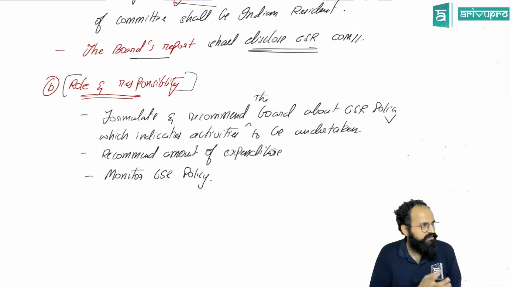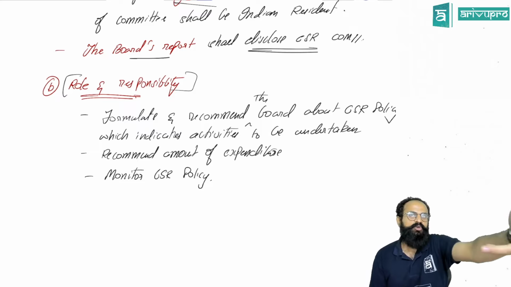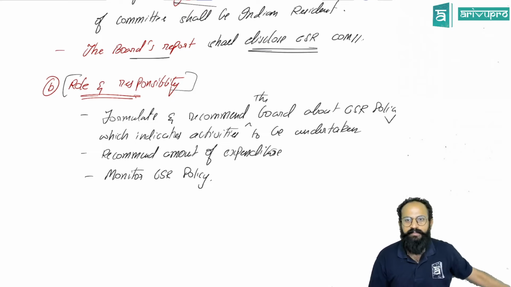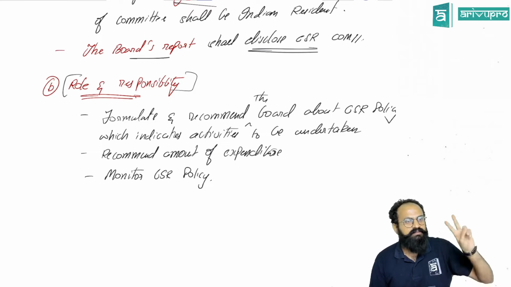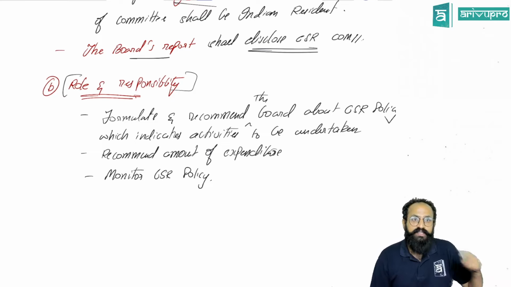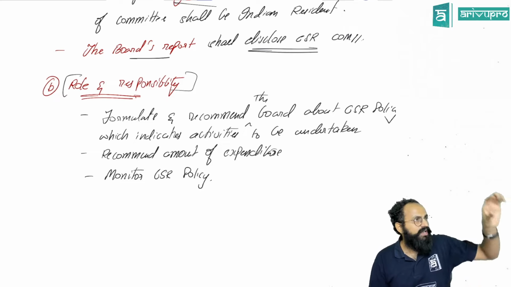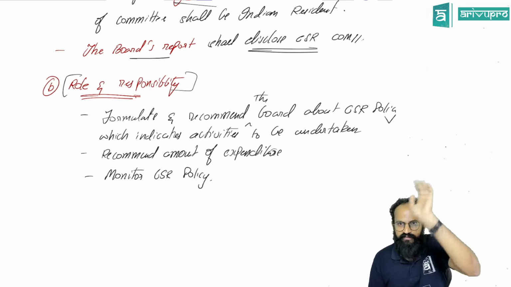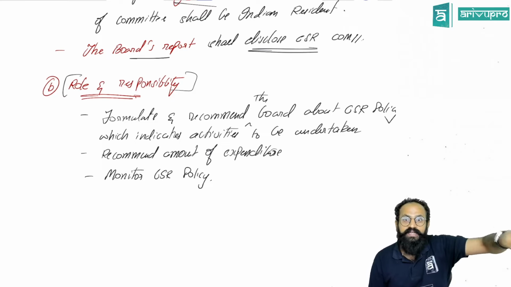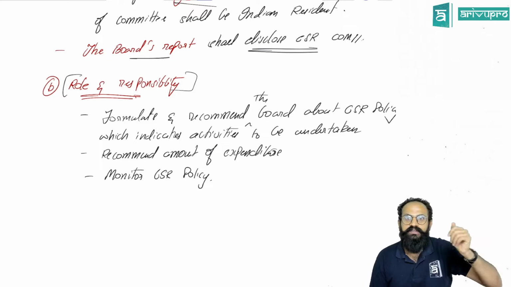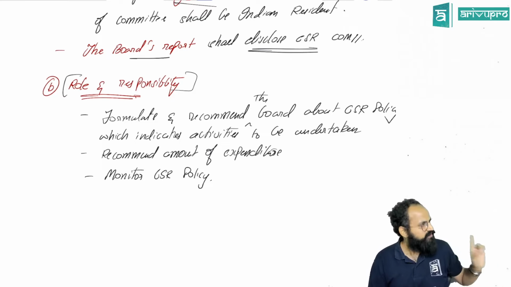Basically, a project. Where shall we spend? They will come up and give a PPT. They will make the other 2 directors sit and one director will present the PPT: this is what we'll do. After that, he will tell how much money we have to spend. There is an amount you have to spend. There is no choice. This is the minimum amount we have to spend. After it is done, the committee will have to monitor the project. This will be the role and responsibility of the CSR committee. Is this clear, all of you?